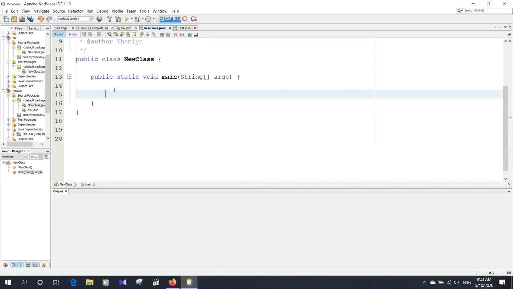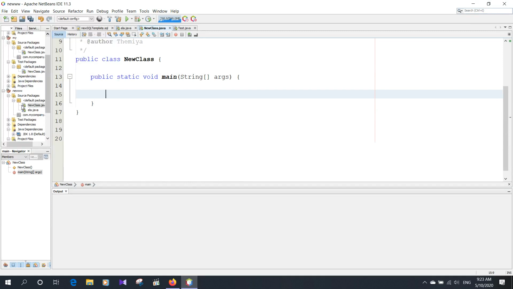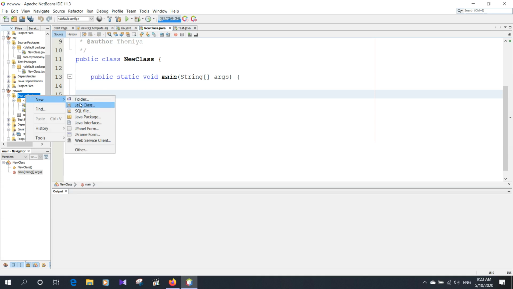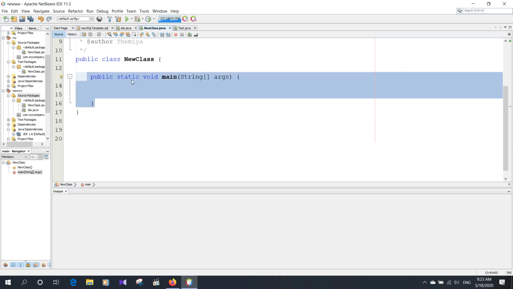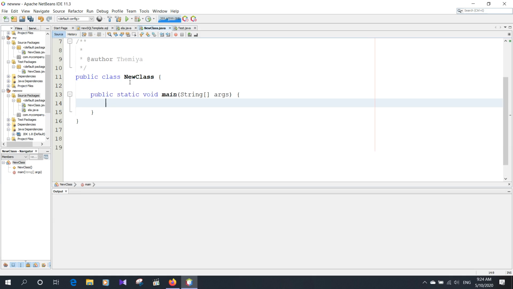This is my new class. You can create a new project from here, and you can create a new class from your source package. Right click, new, and new Java class. If you can't see your main class, you can create a main class like this: main, tab,